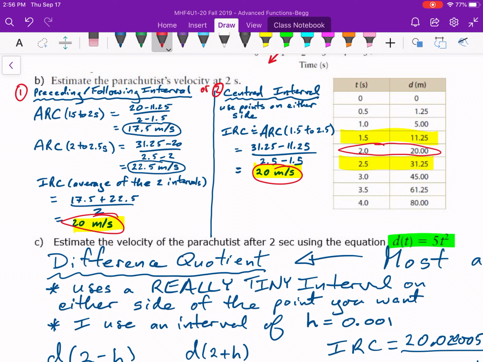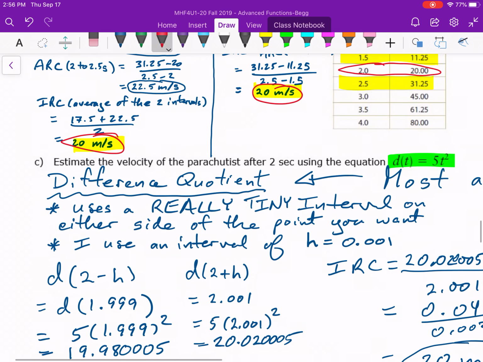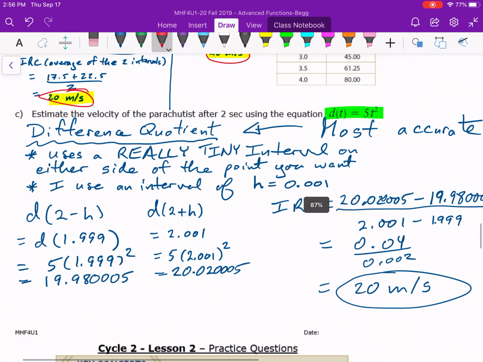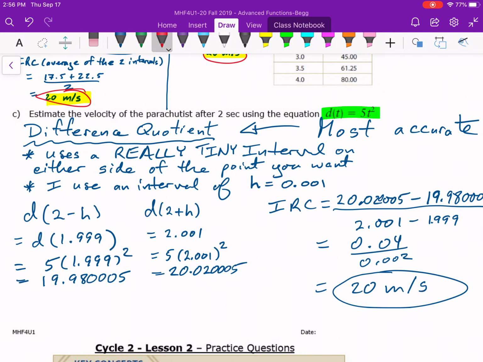There's one last way that we can do an instantaneous rate of change, and that's using something called the difference quotient. We can only use that on an equation. So if we've got this equation for the